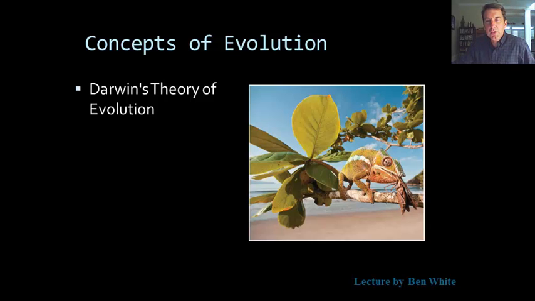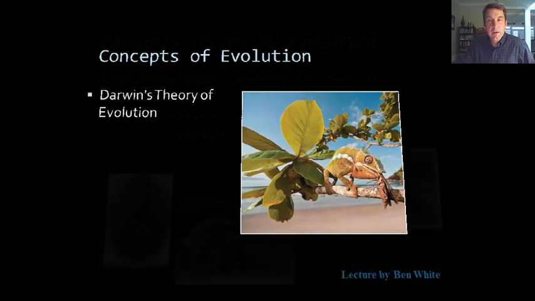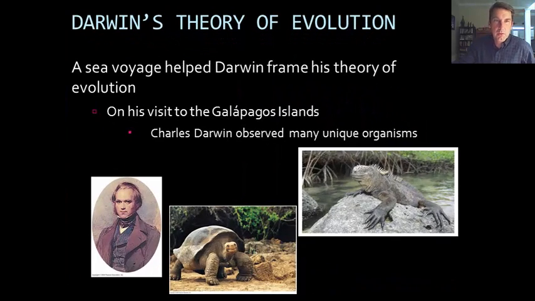Okay, next we want to get into the development of our ideas of evolution. Of course, Darwin's going to be our main figure we're going to look at, because his publication in The Origin of Species was the book that he published, is really what popularized this idea of evolution. And Darwin wrote a lot about both forms of evolution that we just defined, microevolution and macroevolution. And we'll try to distinguish those as we go through his contributions. So his book was published in 1859,